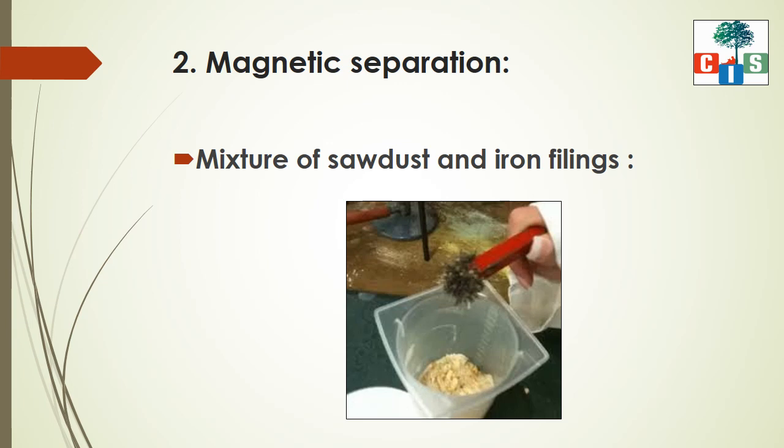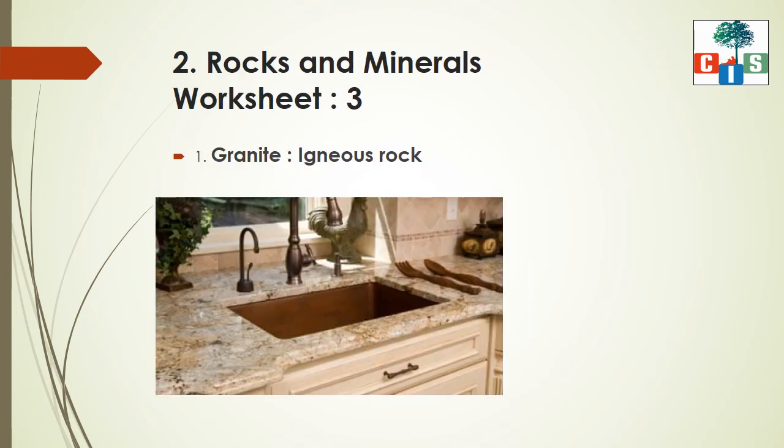Worksheet 4 is also so easy, depending on the property of soluble and insoluble substances. I'm sure that you will be able to solve it. Now let's move to chapter 2, rocks and minerals. In worksheet 1, there is the diagram of layers of the earth. Again, same request, before solving the worksheet, you must go through the topic thoroughly. We know that there are three main layers of the earth, and you can solve it by seeing your textbook.